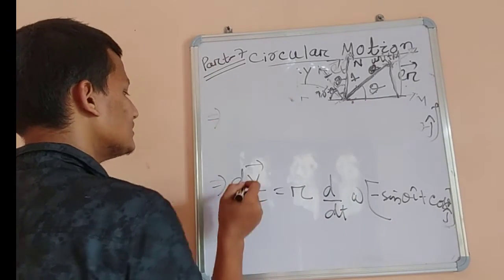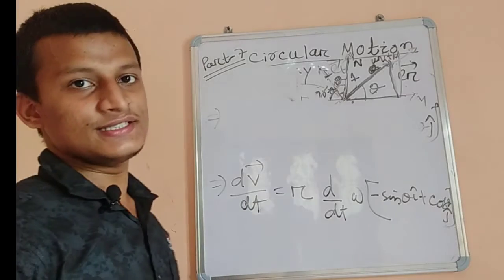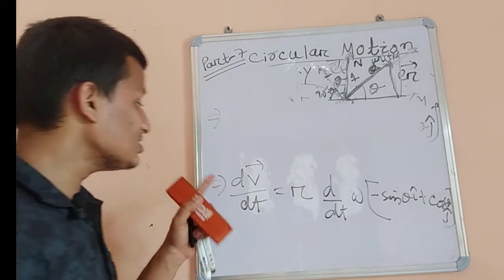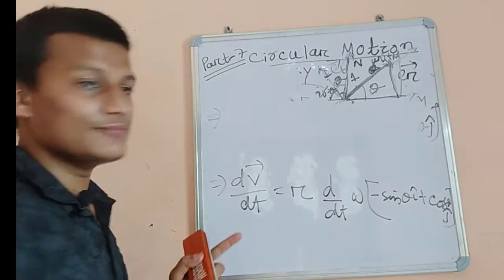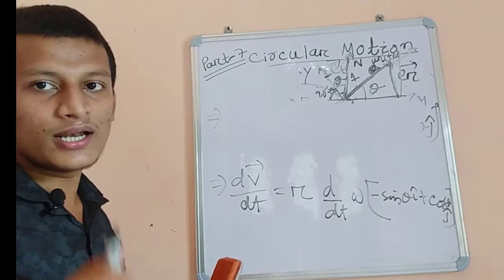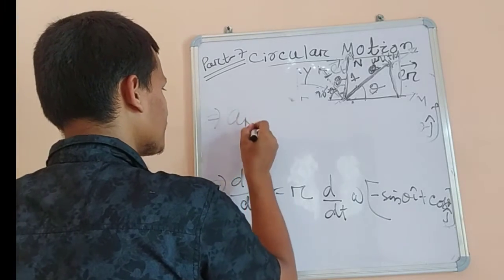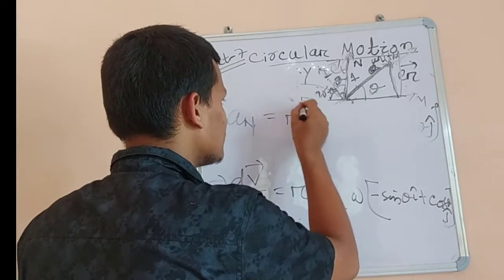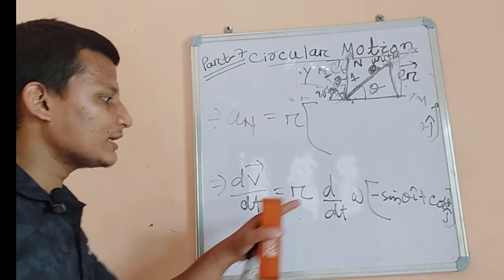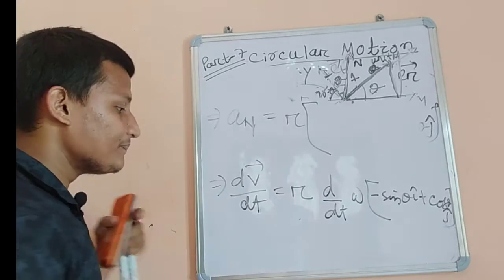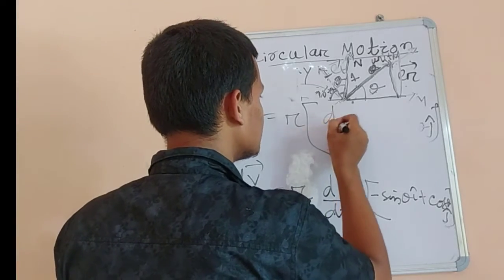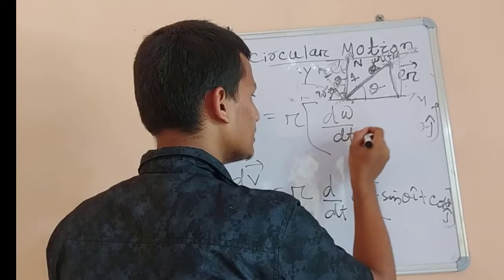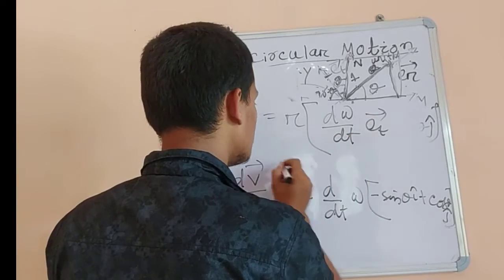This is dv vector by dt, the change in velocity with respect to change in time, that is our acceleration, the net acceleration, a net. We have to calculate this using the product rule. So d omega by dt into et vector,